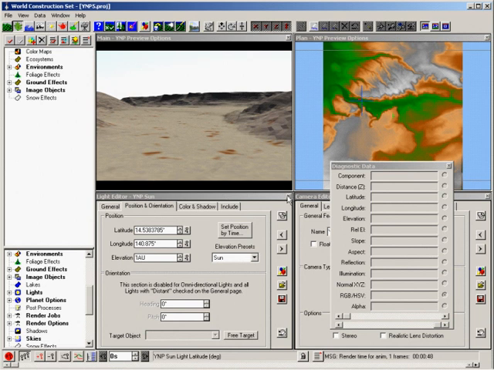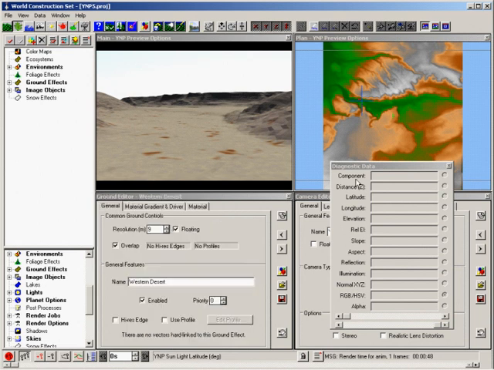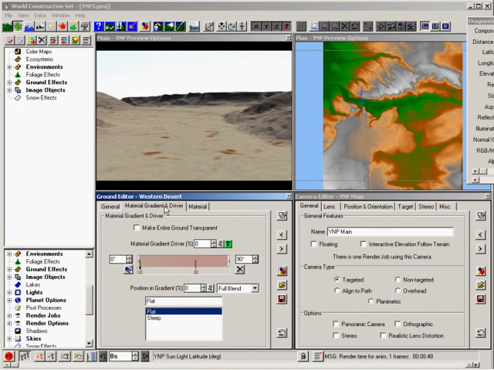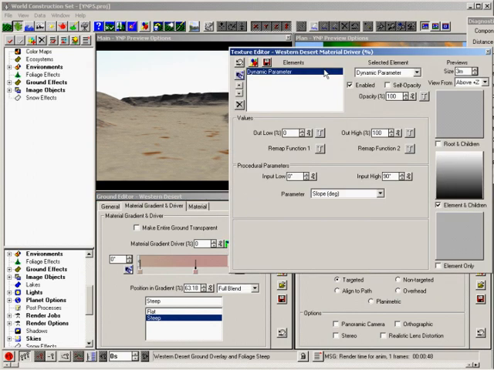Move the Diagnostic Data window up and out of our way for now, and go to the Ground Editor Material Gradient and Driver page. This ground effect is made up of two materials, flat and steep, that are controlled by this material gradient. The left color pin is the flat material, and the right pin is steep. What controls the gradient? Edit the Material Gradient driver, and you'll see that a dynamic parameter, slope, is the controlling